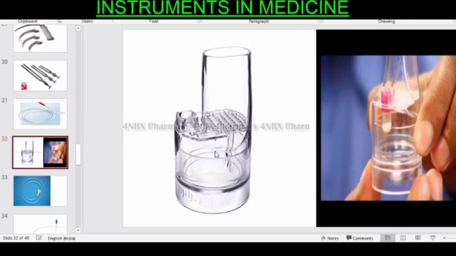Every time you use it, you have to put in a capsule, unlike a metered dose inhaler, where you don't have to worry about a capsule or tablet. Yes, one is you have to keep a capsule. Second, most of the powder gets attached to the plastic inside, and therefore you have to ensure that the chamber of the rotahaler is dry. If it is not dry, then most of the powder will stick to the chamber walls, and the efficacy would be very less.